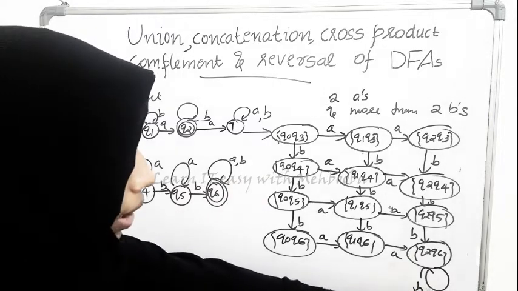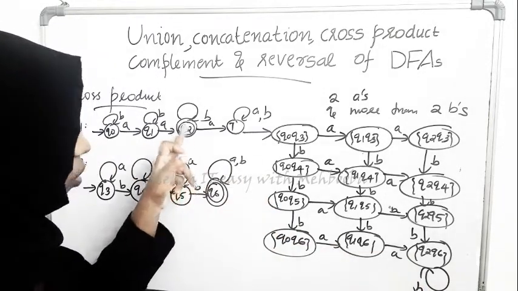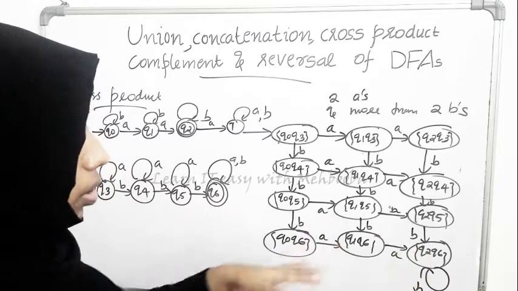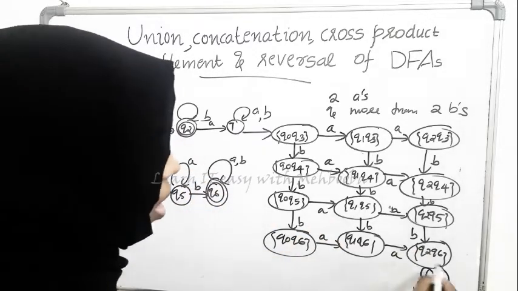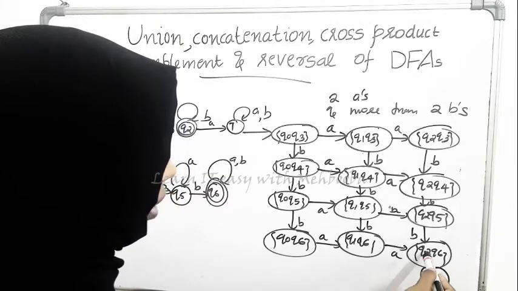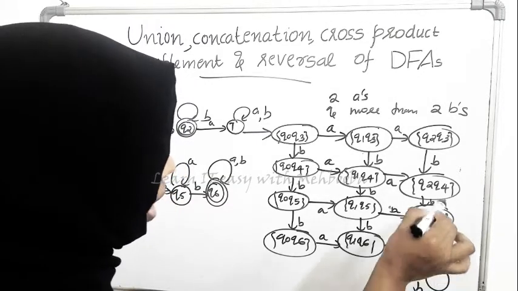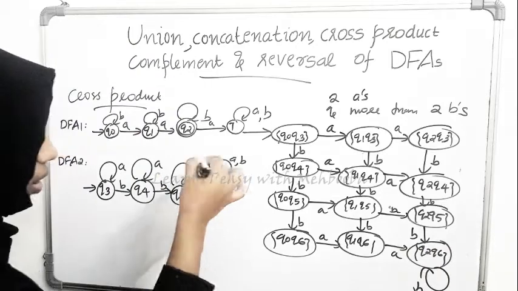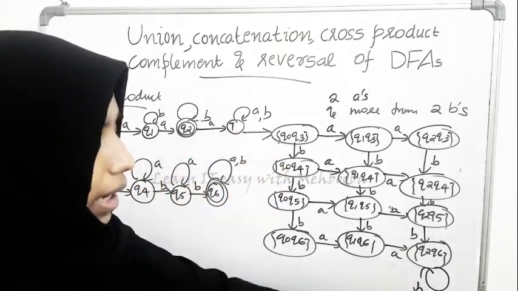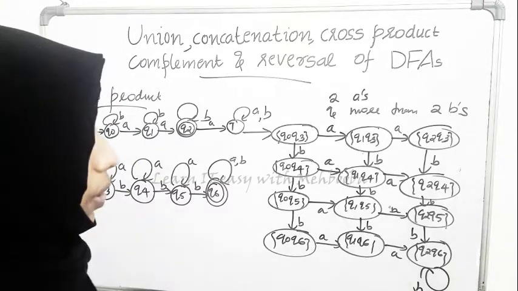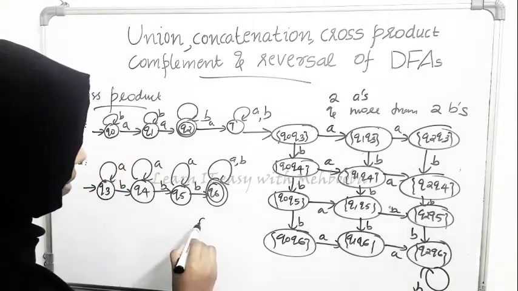you can't mark A here because A won't take you from Q2 to Q2. So you can't mark A here, you can mark only B, because with B the self loop means that in DFA1, B takes you from Q2 to Q2 and Q6 to Q6. That is right. But in case of A, that will take you to a trap state here. So you can't mark A around the self loop here. Hope you understood that. Now we will check with the examples.